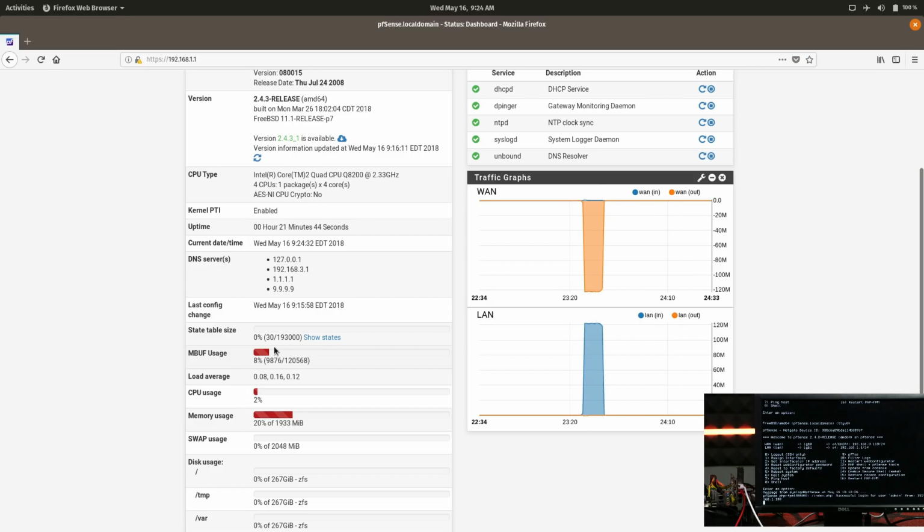And the state table is basically the state of a connection between any computer on the LAN side through the network onto the WAN side. But that being said, this supports enough that even this board here, I could trust putting a few dozen computers on without a problem. So for your home network, once again, you're not likely to increase this over what this